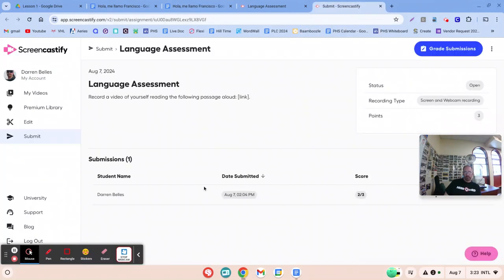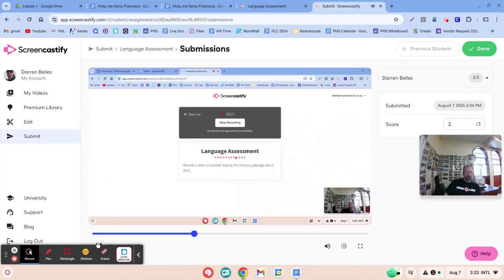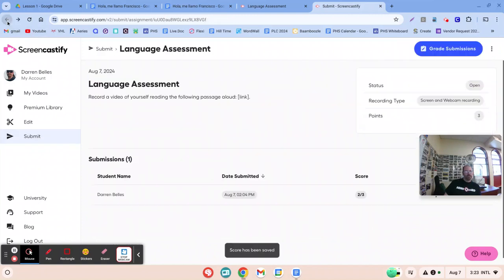This will pop up. You'll see the student that submitted the activity. You can click on it, and then you can obviously watch their video, and you can give them their score. This was for one that I did earlier today that I changed the score to 3 points, but you can give them their score right here. And that's pretty much it. Obviously, if you have more students, you'll have more names and more scores to look at, but that's something you can do to have your students read and submit videos to you